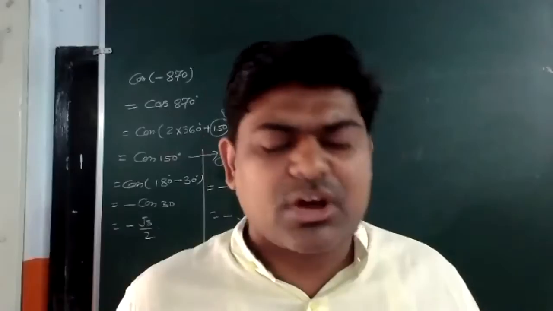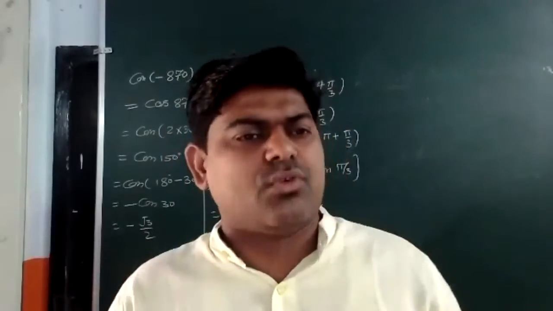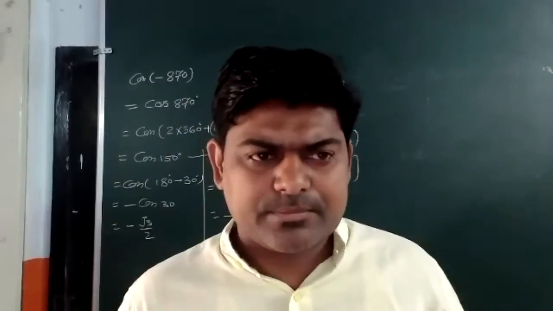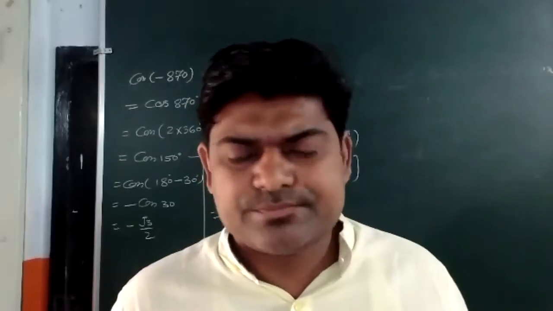Then it's written tan squared π/4. We know that the value of tan π/4 is 1, so 1 squared. We can't simplify further. Can we simplify or not? But think about the third one.